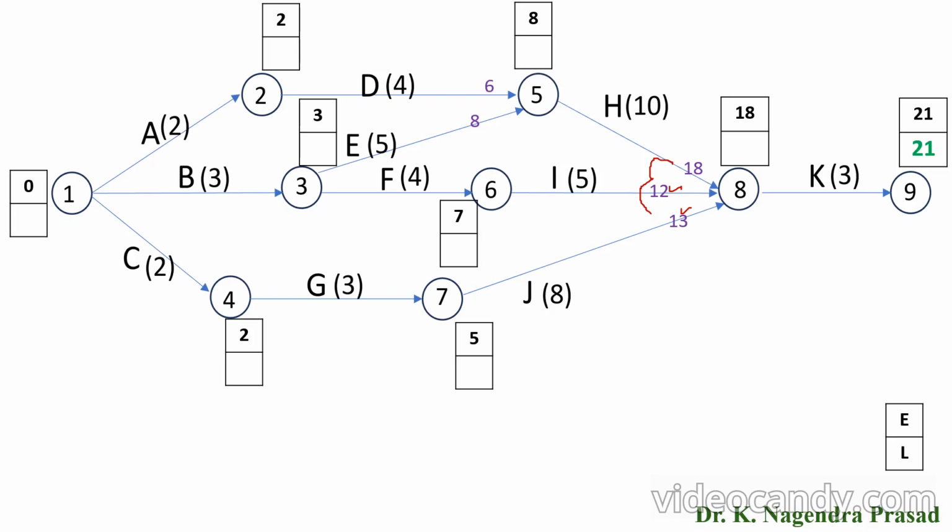Then we have to look for the latest start time for activity K. Finish time is 21, so start time will become 21 minus 3, which is 18. Next we have to look for the activity before K, it's activity J. Start time is 18 and finish time will become the